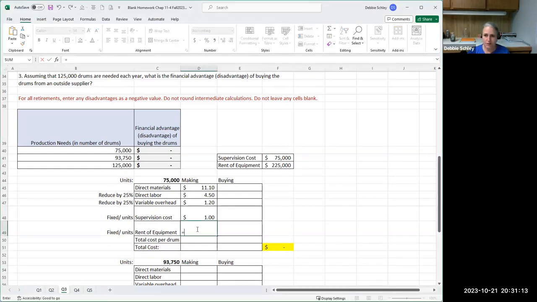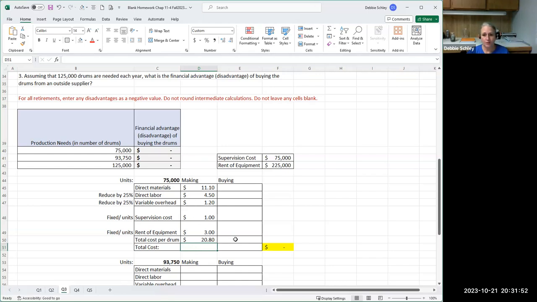And so this is going to equal the rent of the equipment divided by the number of units. Okay. And so those are the expenses or the costs that I need to consider if I'm making it. So I'm going to sum those up. And that's how much it would cost me to make them